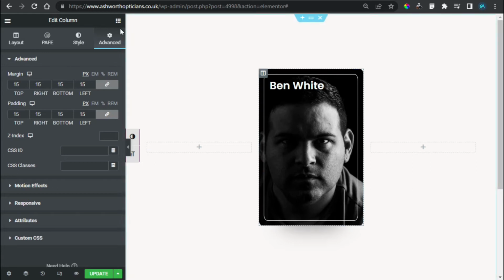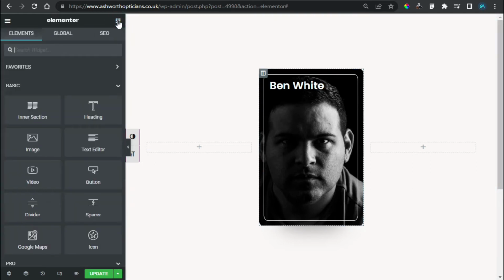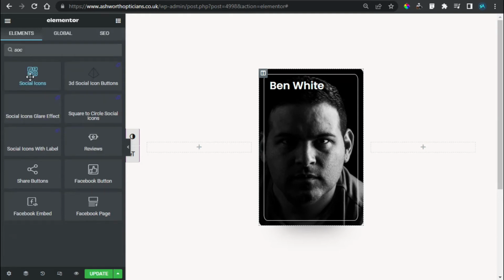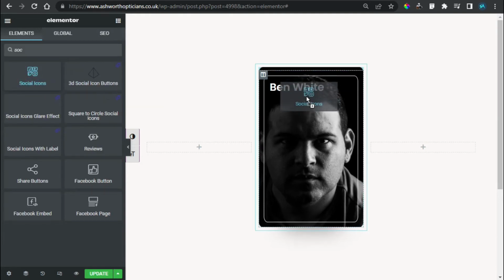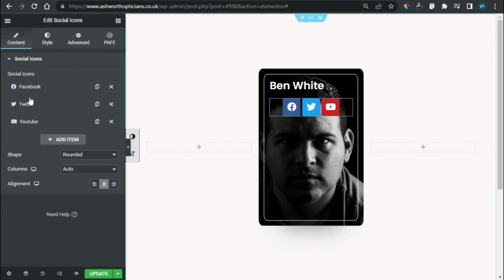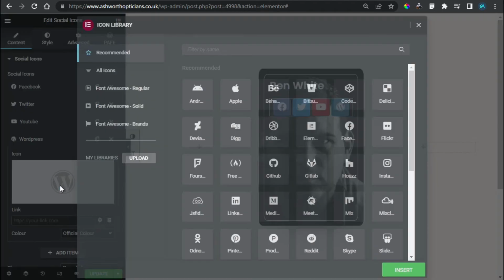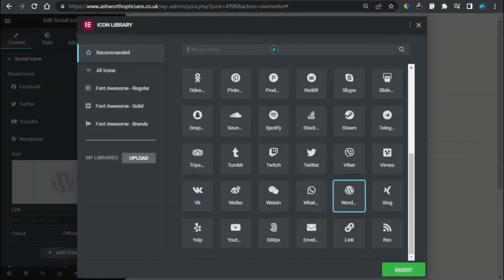Now I will add social media icons. So I will click on this Rubik's Cube icon and search for social media icons. Here you can see this social icons widget. I will drag it into this column. Now you can see it has 3 different icons. I will add an Instagram icon here. So I will search for Instagram